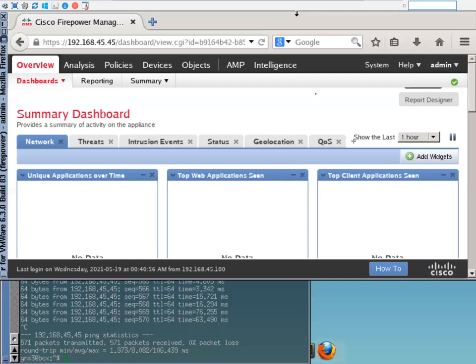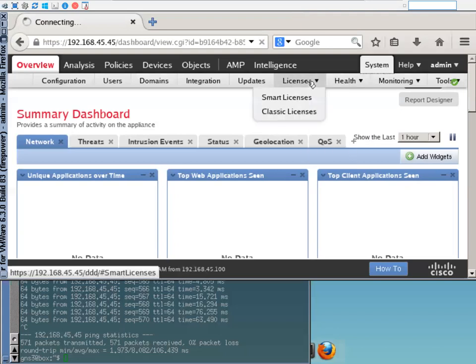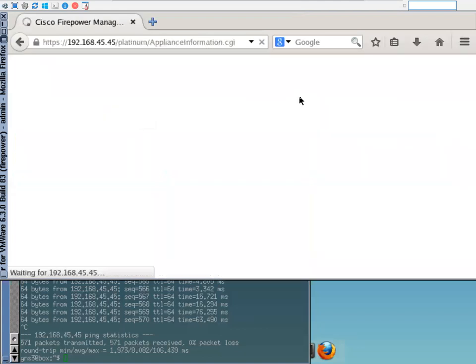Since we are working in a lab environment, we will use the free license, which is the evaluation mode. And for these devices, we will go with the smart license, not with the classic license. That is for the older versions of firepower devices. I guess 9000 series or something. But since we are managing the new devices, we will go with the smart license. ये क्योंकि फर्स्ट टाइम बूट है ये टाइम लेता है।